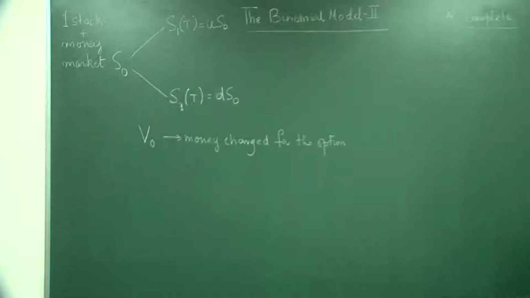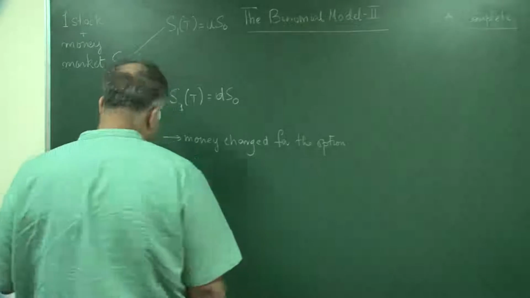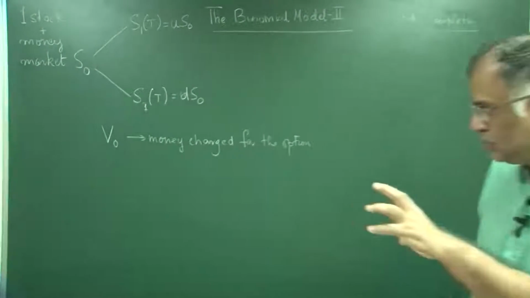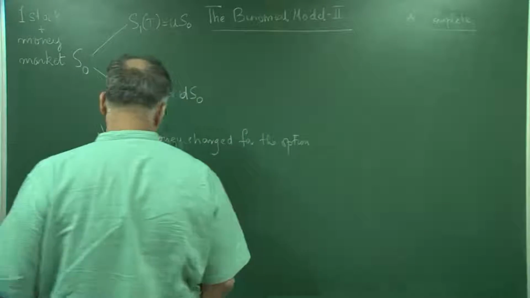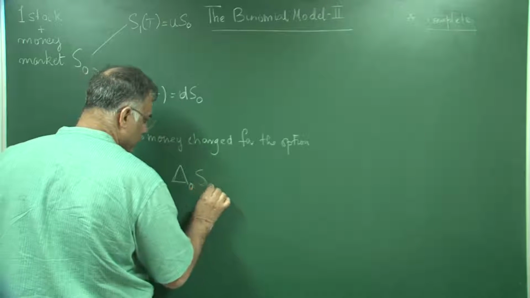So with a part of this money, you buy delta naught shares of the stock at price S0,